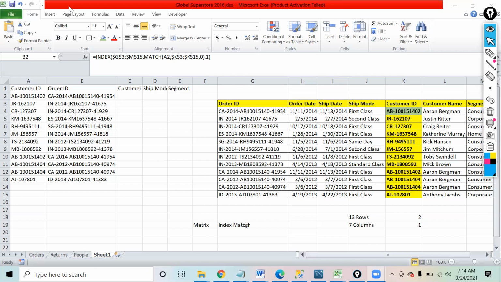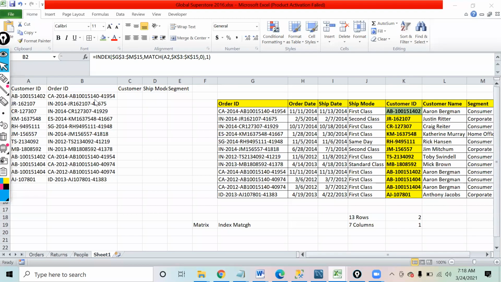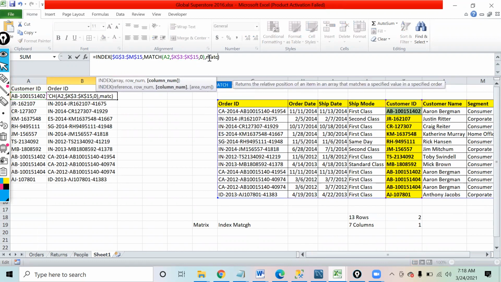Yep. Did anyone try? Yes, Radhika. So basically, you will use MATCH for finding the column number as well. Perfect, right? So this is what we need to do over here. This is actually the same thing, because I was finding the position number of order ID, and I know that it is coming at position number 1. That is why I gave that number as 1. So where I've given 1, I will replace that also with MATCH now.